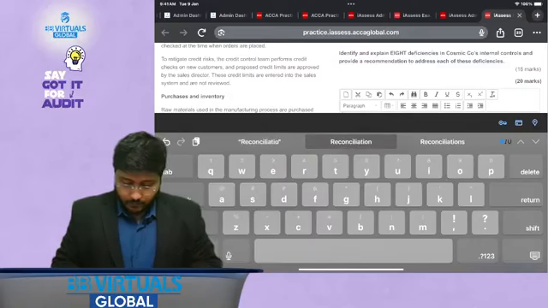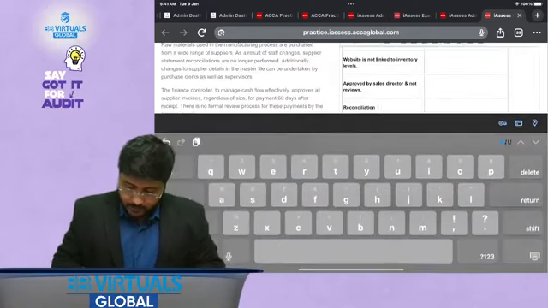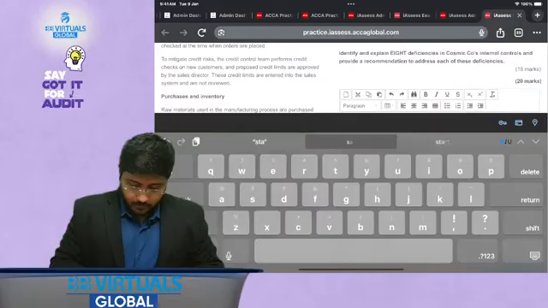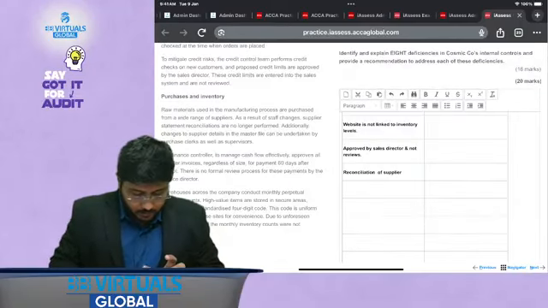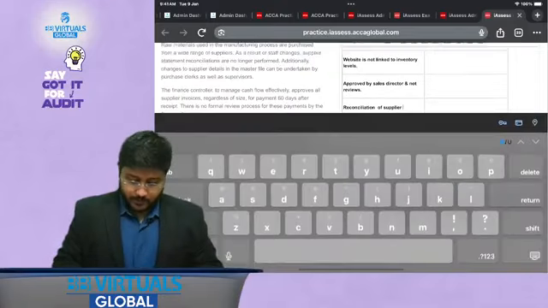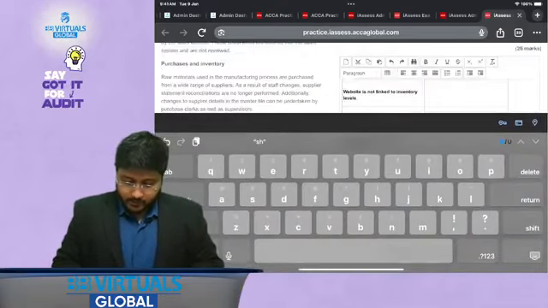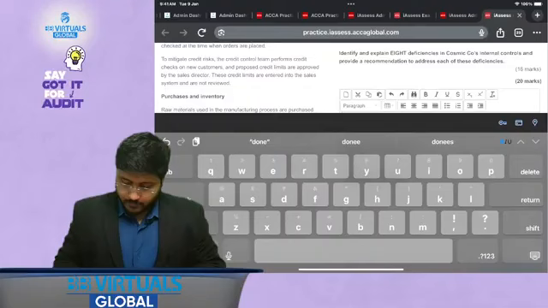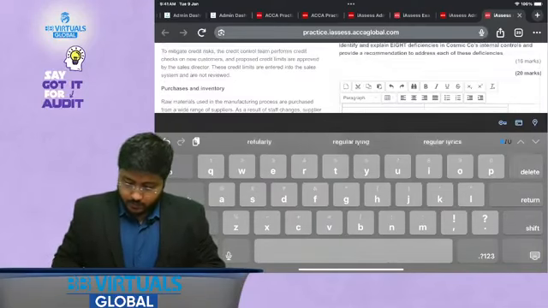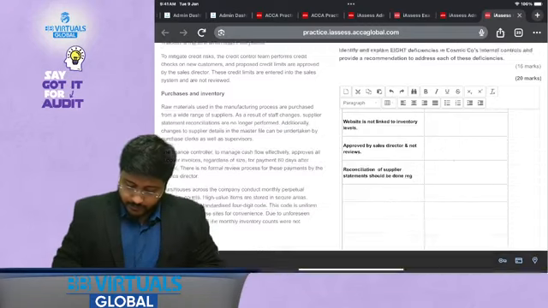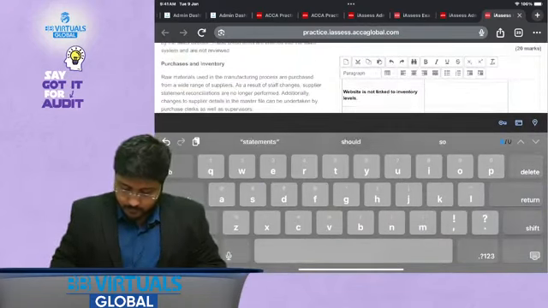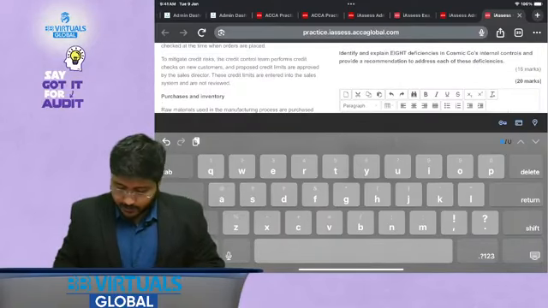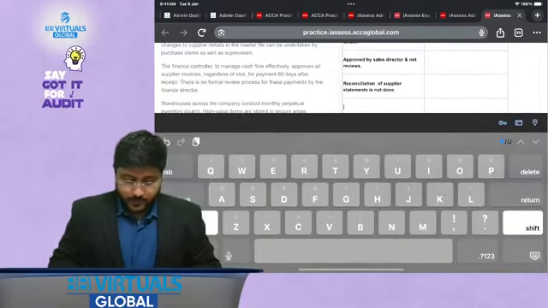reconciliation of supplier, what it is called is specifically supplier statement. Reconciliation of supplier statement is not done regularly. That should be the point that we should write. Is not done, that is one risk. Second risk is that